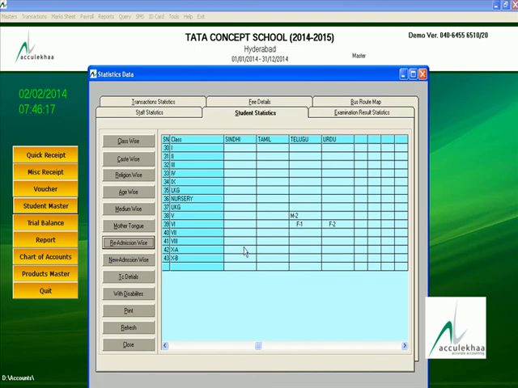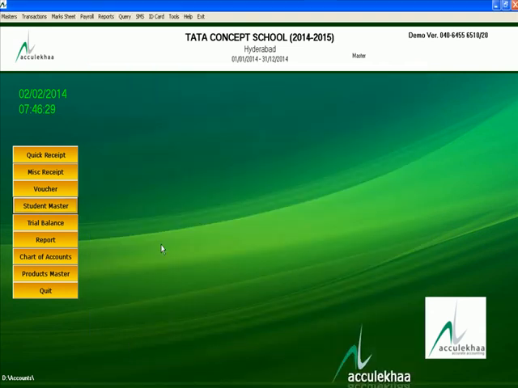And if you want to take all the data in a print, then you can use this print button. Now you want to take a printout of all the students, whatever you entered, or you want to check with your admission register or attendance register.